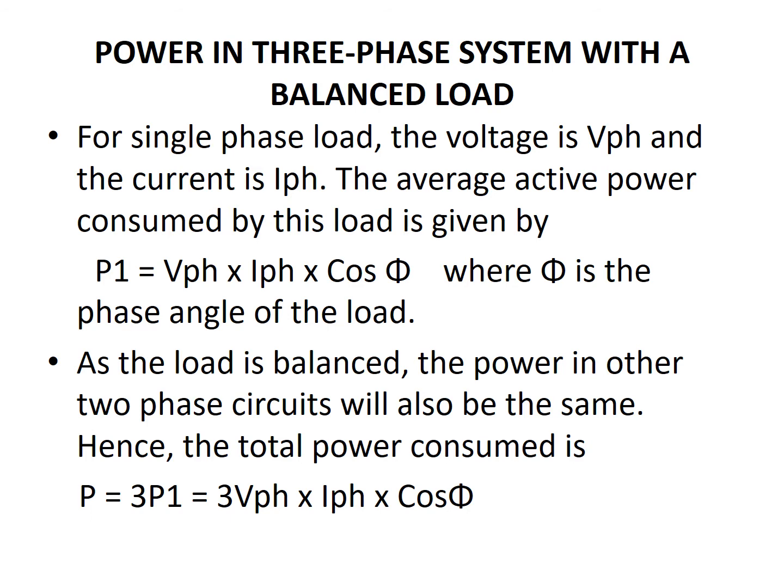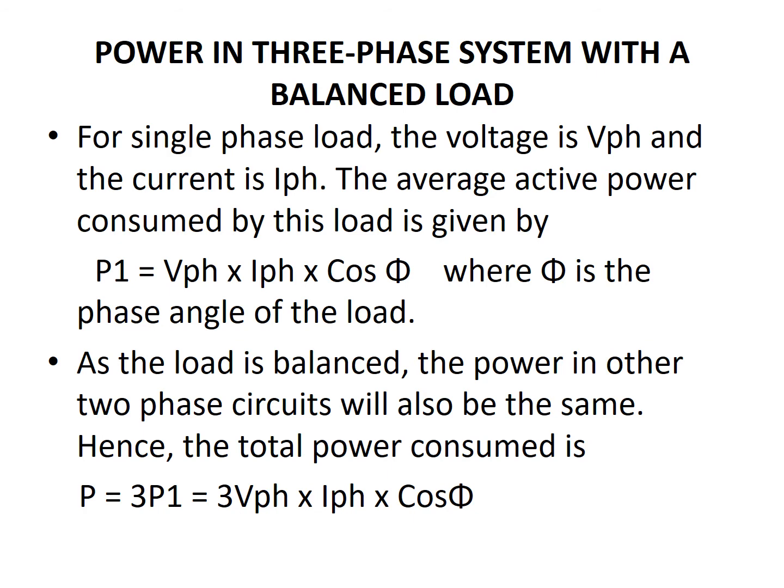How is power calculated in a three-phase system with balanced load? Balanced load means all the loads, whichever impedance or resistance is connected either in star or delta manner, are equal. Such loads are called balanced loads. So how do we calculate the total power in a balanced load? We have already studied in the single-phase AC circuit that the total power is equal to VI cos phi. Whichever voltage we obtain in single phase is only the phase voltage, so it is VPH IPH cos phi.